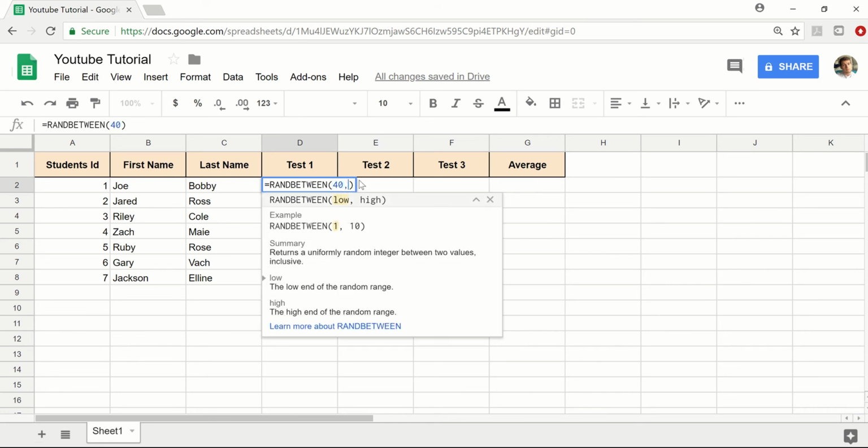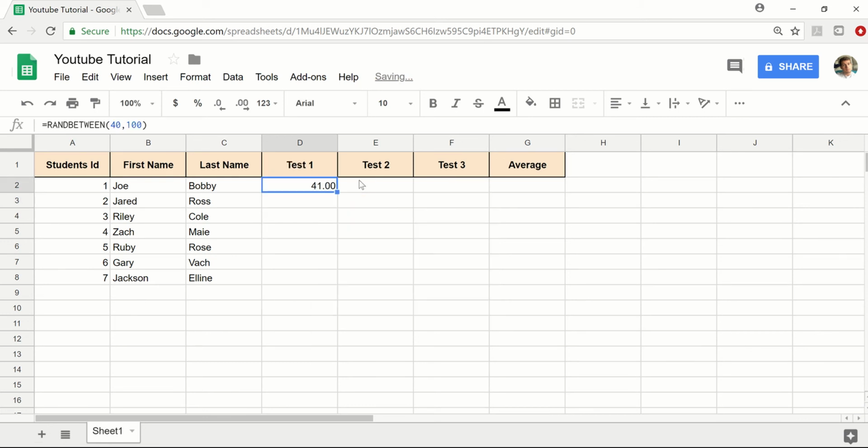So we're going to assume no one's going to get lower than 40, and no one's going to get higher than 100. So if we highlight all this and decrease the decimal places there,